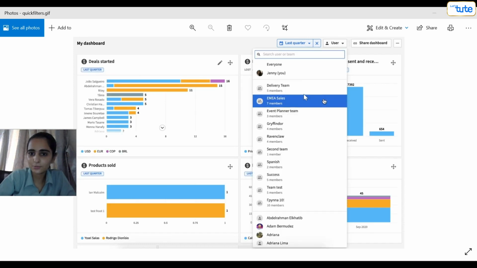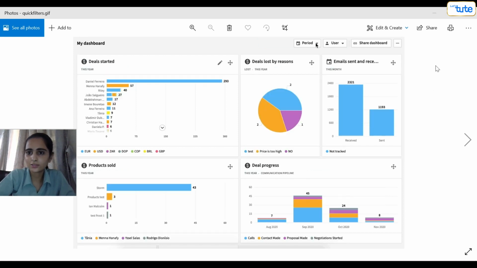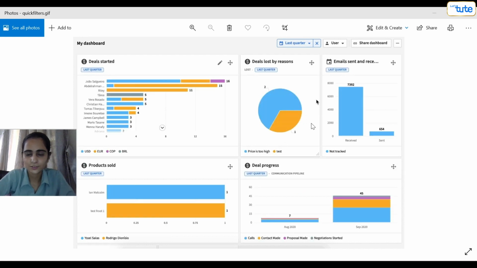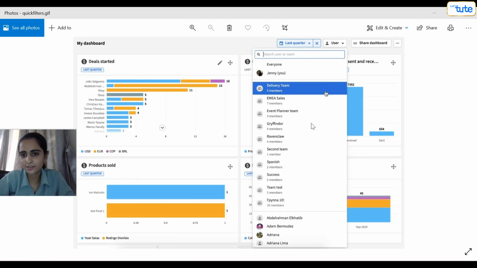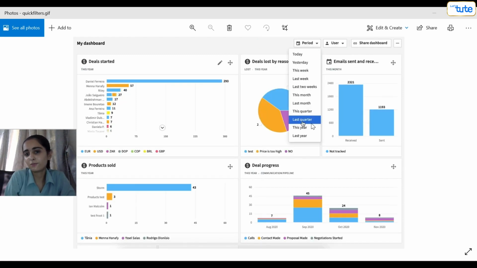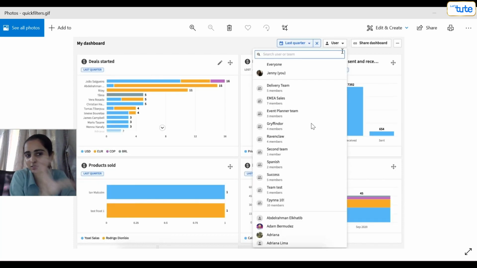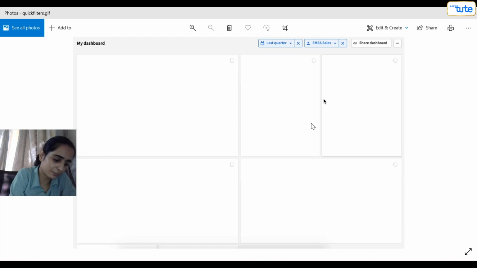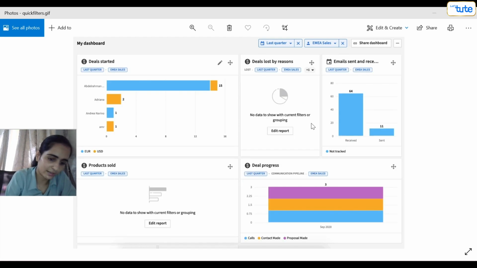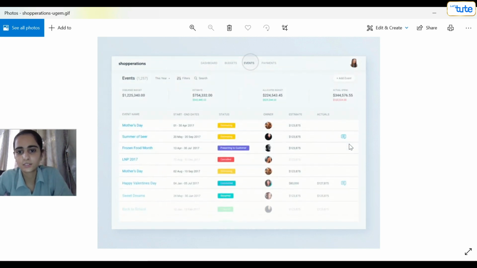Whatever the names it is selecting, EMEA sales, all the data is loaded. Now it goes and selects something else, this quarter. So EMEA says this quarter, the username now again. So this is how we are creating the filters. The dashboard works on the filter. But before generating this filter option, first we have to generate these designs, these graphical representations, this graphical data.